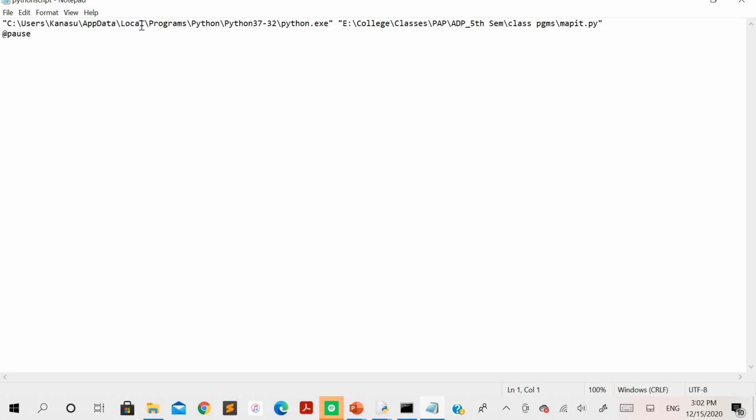In this case, you can see here, you need to specify the path of the python.exe file. Along with that, as a second argument, you need to take the absolute path of a file where it is located. So you can see here, mapit.py is located in the class programs within the college classes and the fab. This thing I have already discussed in the earlier videos. So if you do not remember it correctly, you can go through it once again. Right? So this needs to be there by default.